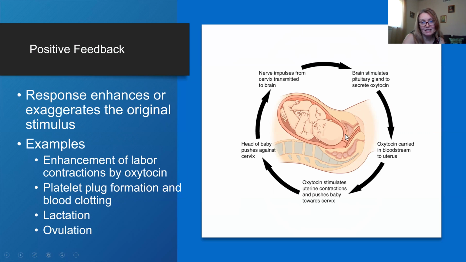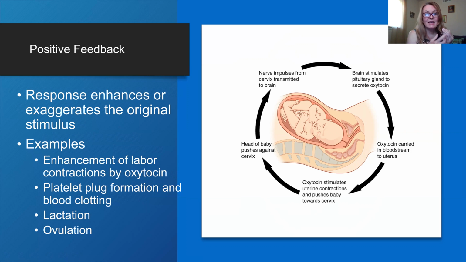So this lady over here is in labor. The baby is pushing on the cervix, right? So the head of the baby pushes against the cervix. Now nerve impulses from the cervix are transmitted to the brain, and the brain starts to stimulate the pituitary gland to secrete oxytocin, and oxytocin is carried in the bloodstream to the uterus, and oxytocin stimulates uterine contraction, and what it does, it produces an even harder push on the cervix, right? So you already have the baby pushing against the cervix, and this starts the